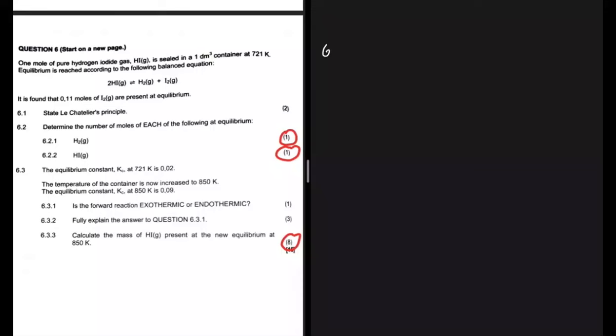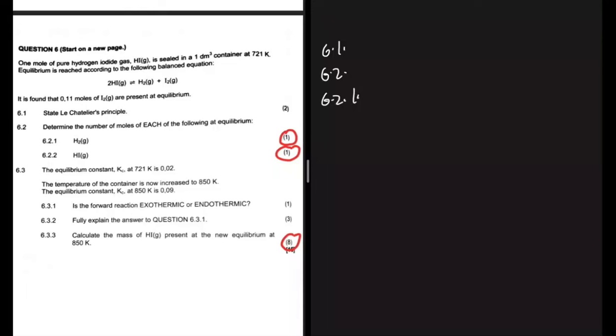So 6.1, we are asked to state Le Chatelier's principle. So what it essentially says is that if an equilibrium is disturbed, then the system will favor the reaction that opposes that disturbance, right, in an attempt to reinstate a new equilibrium. So that is 6.1. Let's go ahead and do 6.2 and 6.2.1